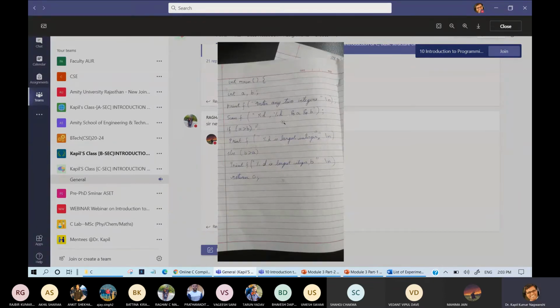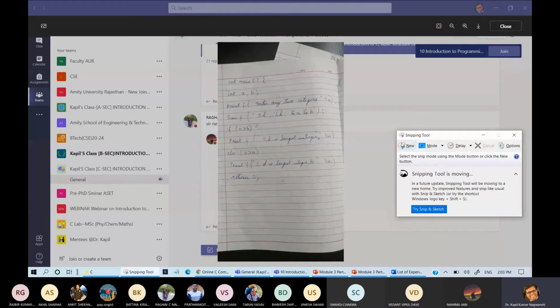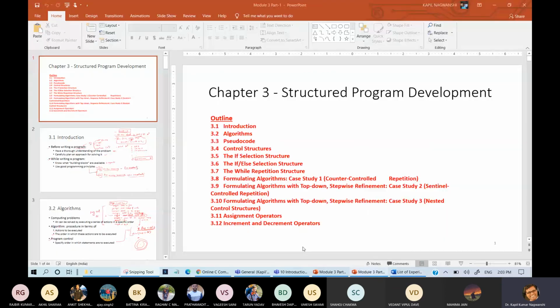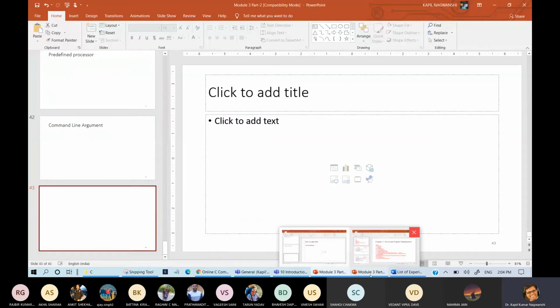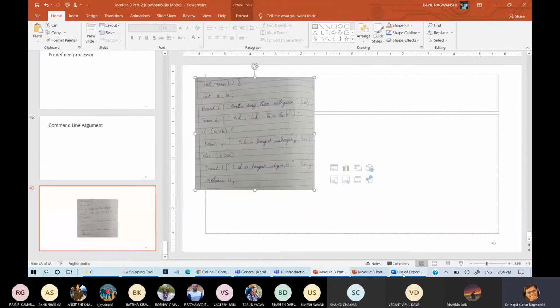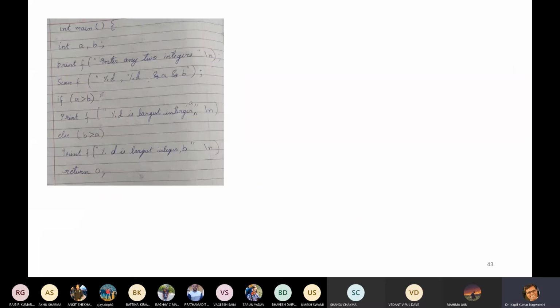The major problem with anyone is that you are writing the program but your logic is also good. So here in this program, what are the problems? Okay, in this program, what are the problems?